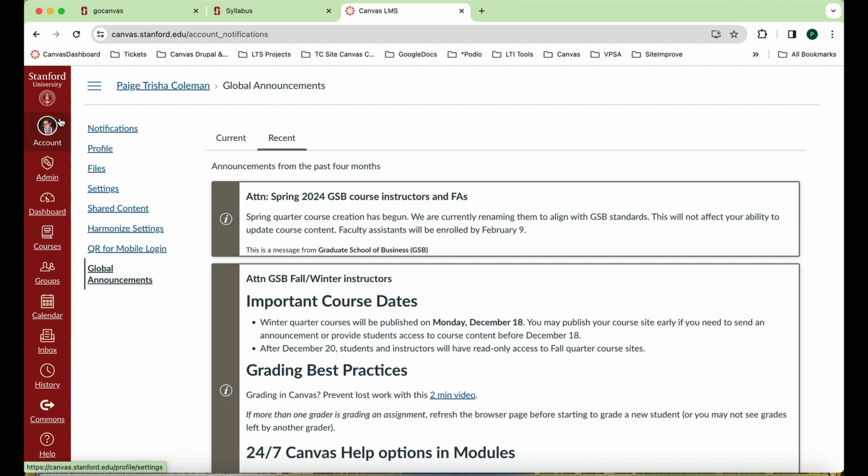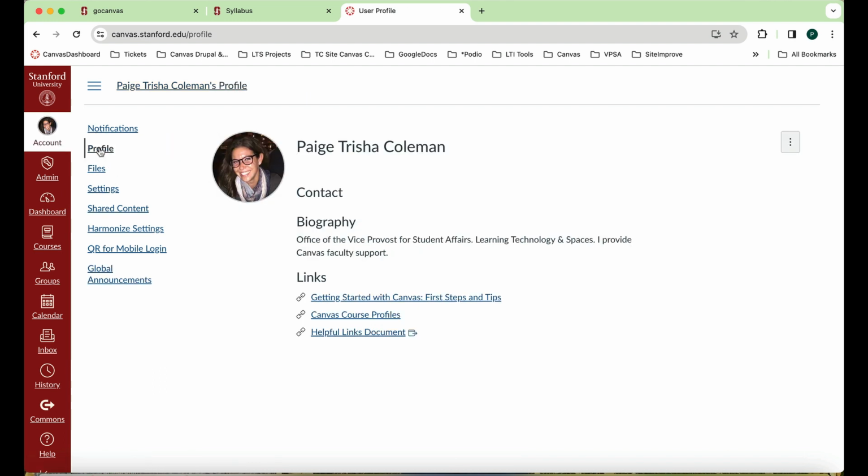Since I'm within my account, I'd like to review a few of these tools and features. I'm going to first click on Profile. This is my profile page. I'm dragging my cursor to the right side of the screen. I can click on these three dots, and then this is where my edit option lies. This is where I can upload my bio, my contact information, links. I can also upload my own picture or avatar. Once I place my cursor on the image icon circle, a pencil icon appears. I would click on that to upload or insert my image.